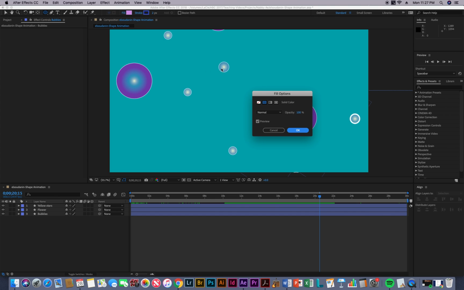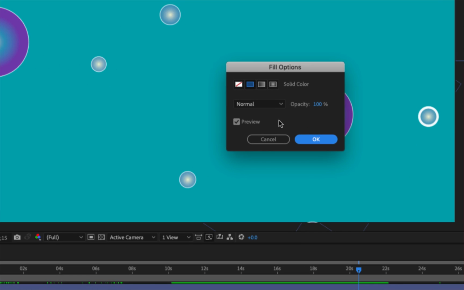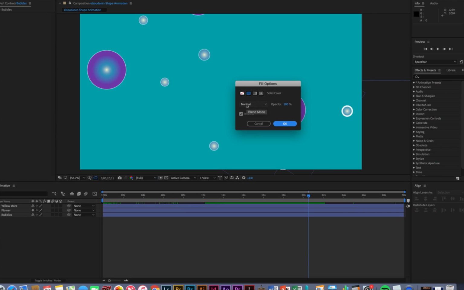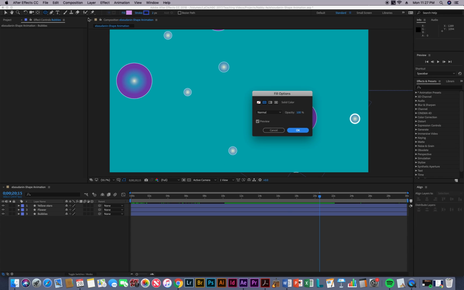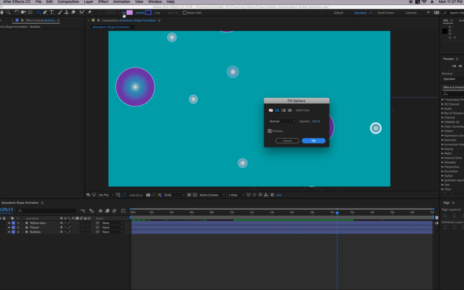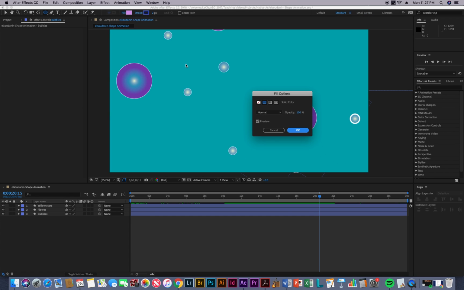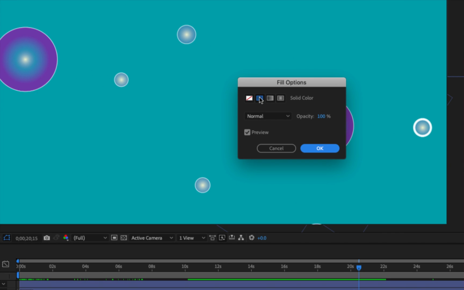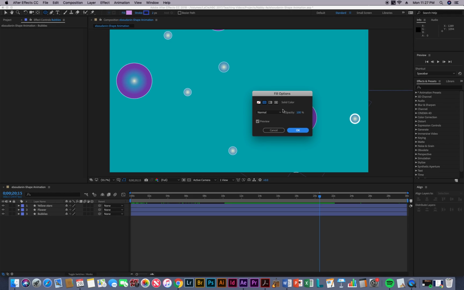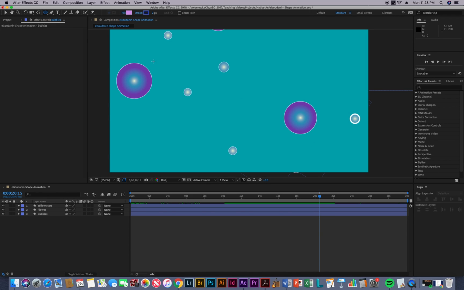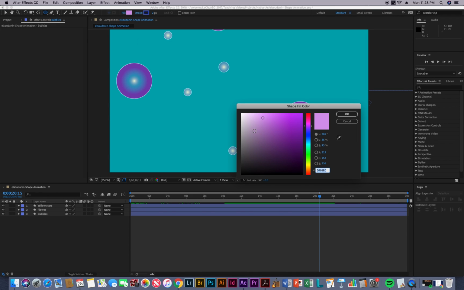My fill options, I want to make sure that I chose the word fill to get to my fill options. Word fill right here. And then I'm choosing solid color. Choose a solid color, maybe